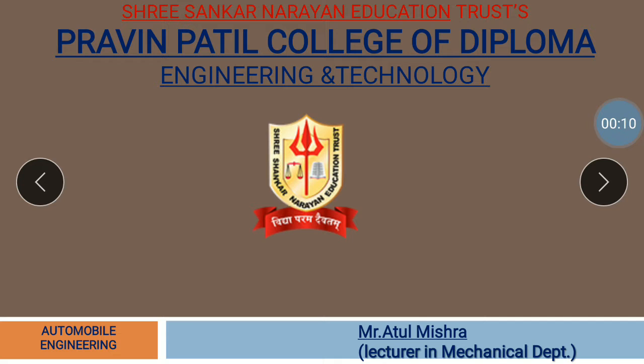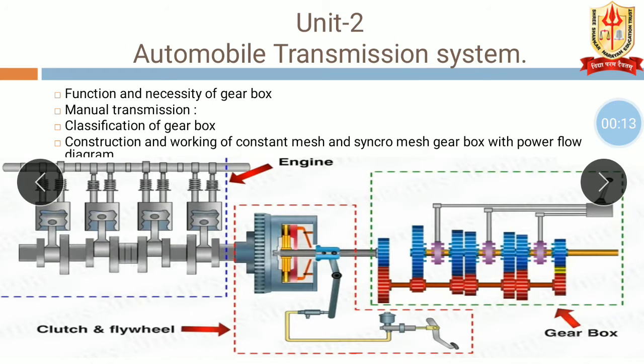Okay, we are studying the power plant engineering subject. In this subject, we are studying the second chapter named automobile transmission system. In the videos of this second chapter, we have seen how this transmission is carried out and what the components involved in that are. The components are the flywheel, clutch, gearbox, propeller shaft, universal joints and slip joints. Then we have the differential, then the axle, and then the wheel.